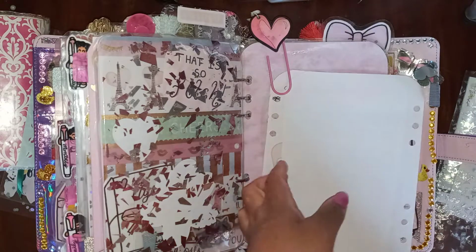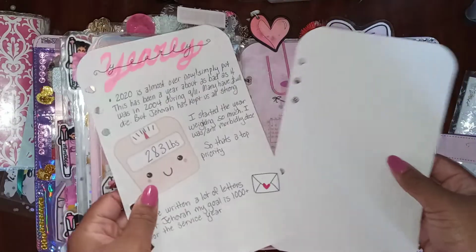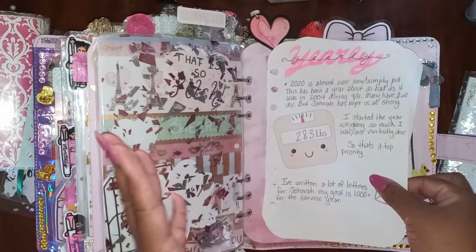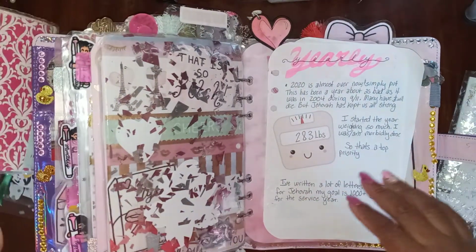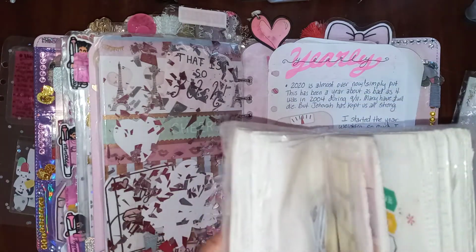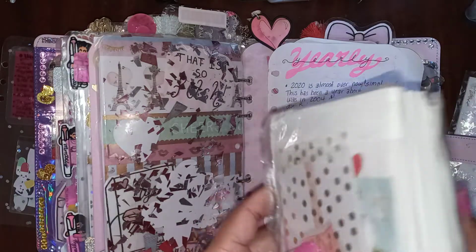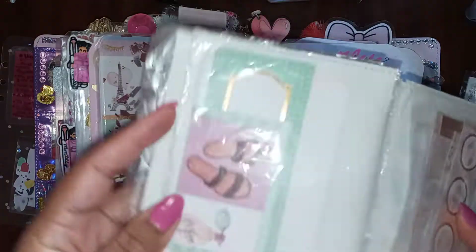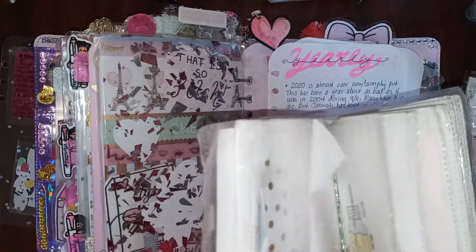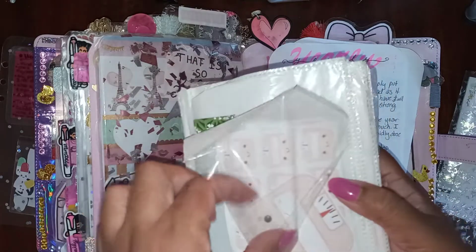No, they're not used yet, so I'll probably make my own inserts after that. I think I said that once before, but yes, all I'm going to do is take out my stickers like this. I forgot who made these, so don't ask me. I'm sure if you look up weight tracker sticker on Google or in Etsy, it will pop up. Okay, so I have this one for this year,